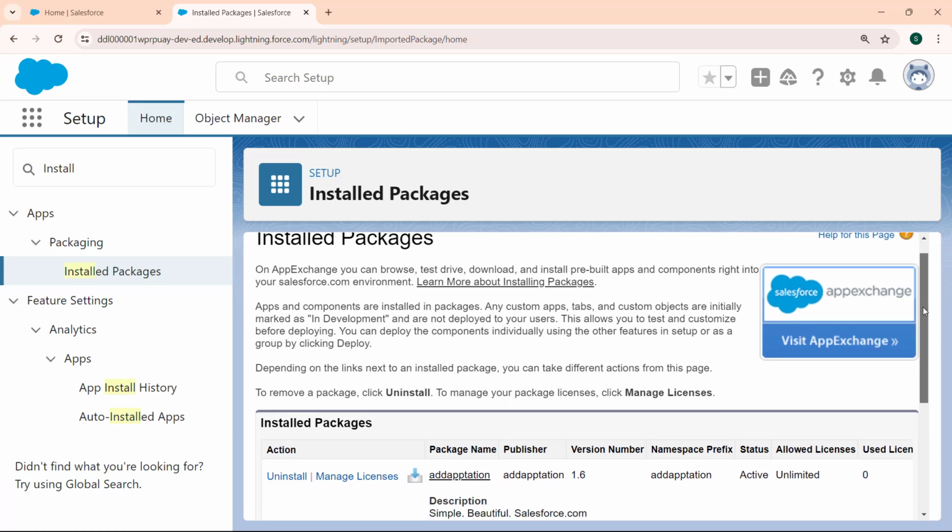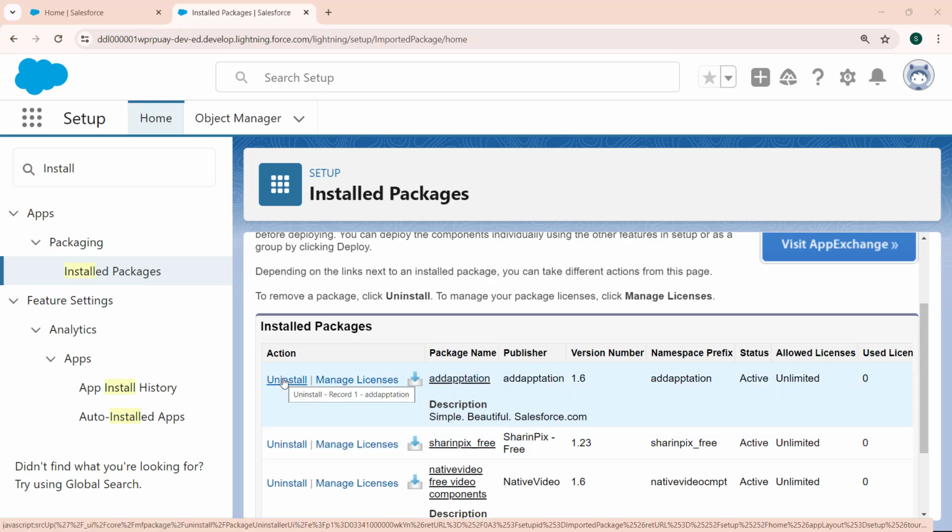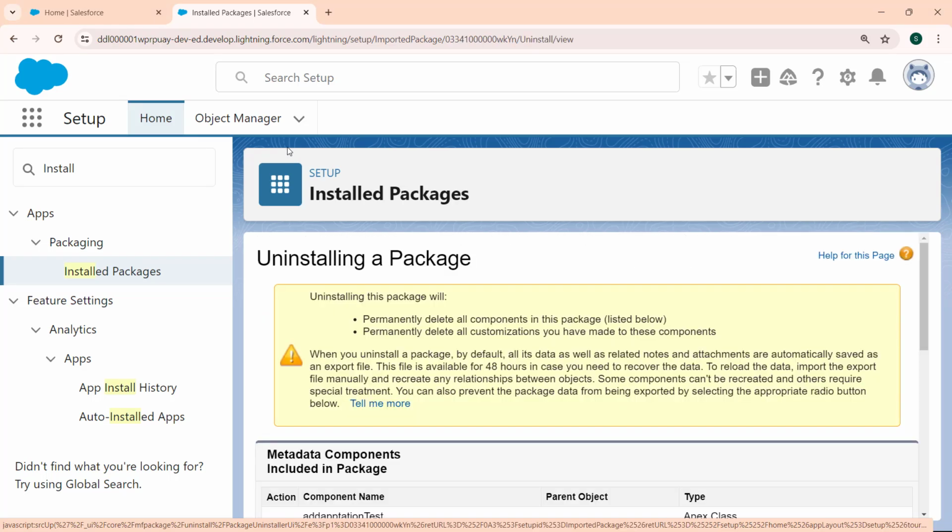Under this page, we can see all the installed packages, apps or components which are installed into your Salesforce org. You can see I will uninstall this app. So we click on the uninstall link, and it will navigate us to the uninstall package